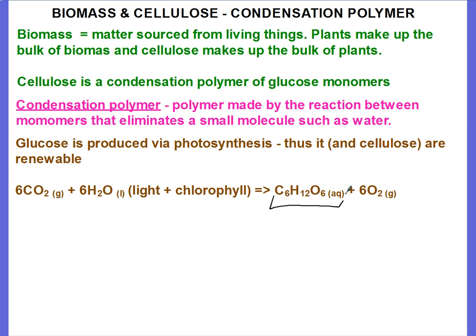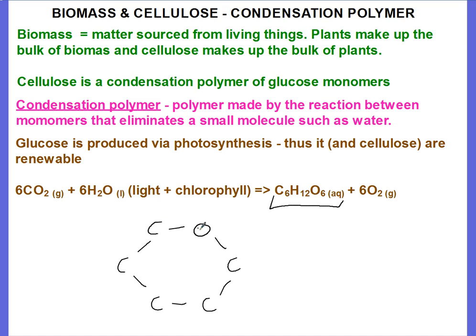But in Year 12 chemistry, you should know the actual structural formula of glucose. This is the way I taught myself to remember glucose. It's a hexagon or a hexagonal ring. We start with our carbons. We're going to draw some carbons in a hexagon. So 1, 2, 3, 4, 5. But the last spot is not a carbon, it's actually an oxygen. So just to remind myself, that top right corner, I'm going to put an oxygen. So it's like a hexagon of carbons, except one of those carbons has been replaced with an oxygen.